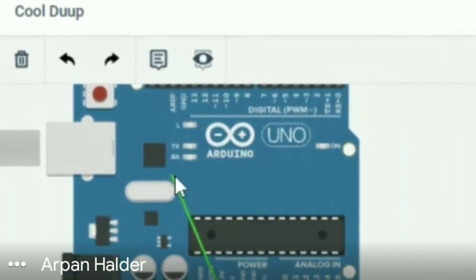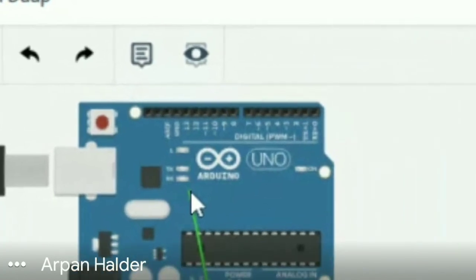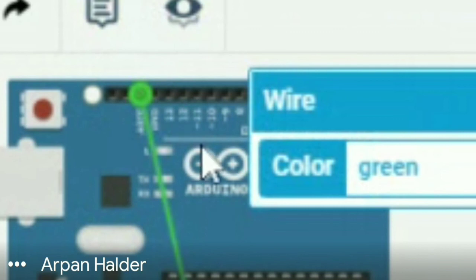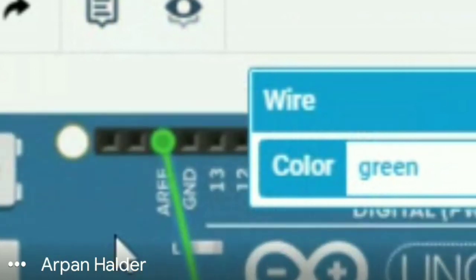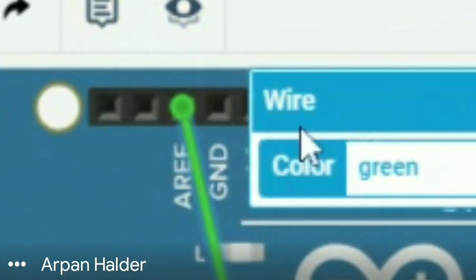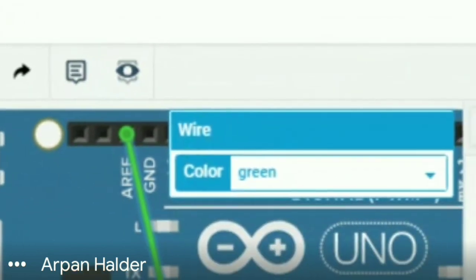As we discussed yesterday, we have this AREF pin here, the pin responsible for taking our external reference of the ADC.